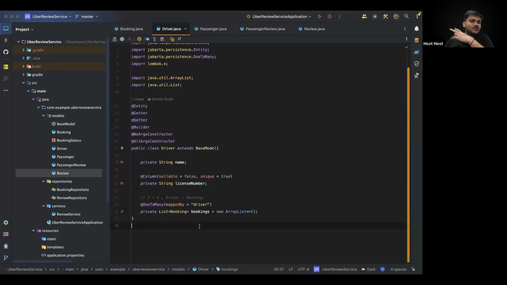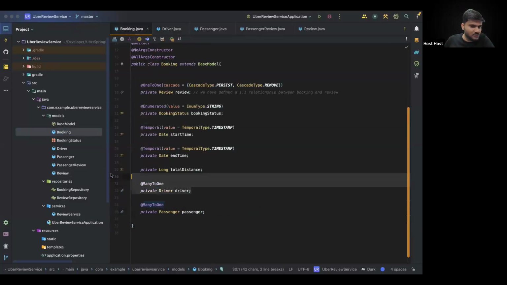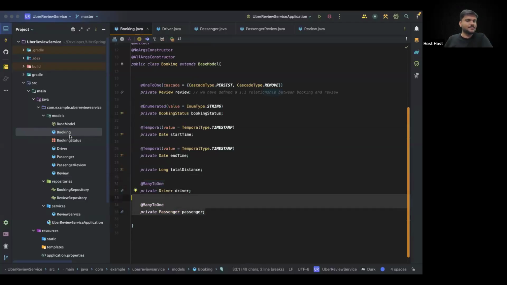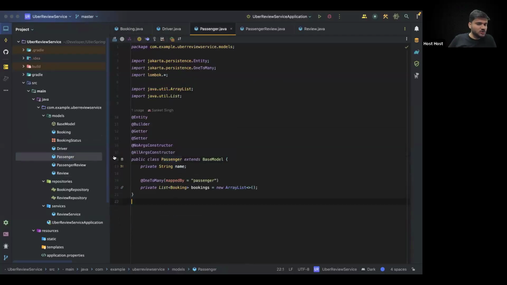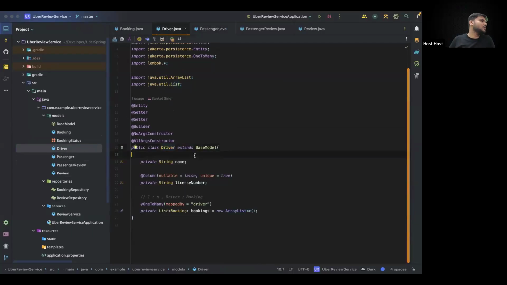So currently in our application, if you carefully see, this booking table is technically having your driver, passengers, and everything, right? But technically, this is also helping us to connect passengers and drivers as well, because a driver can take many passengers, and a passenger can be going with many drivers, right? Via